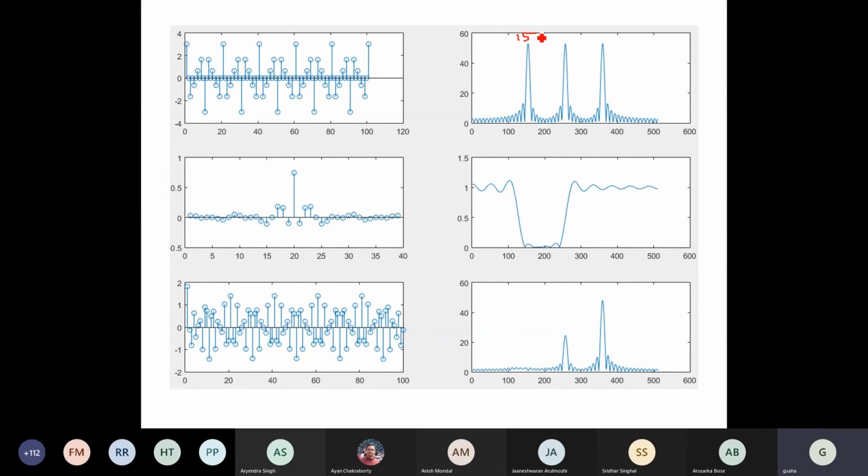15, 25 and this is 35. And this is 39 order. Right? What is your observation here? 15 is totally eliminated. 25 is not, because it is somewhere here, so it is in the transition region. And 35 is as it was. Is it okay? Can I move ahead? Is it on expected lines? Yes. Good.